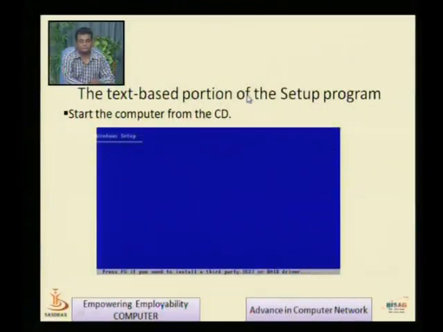In a SCSI disk, a number of concurrent data can be saved and there is no problem of hard disk crash. So different SCSI disks have different drivers available, and for that we require a SCSI type of driver. So here if we press F6, I am rotating my mouse on this point, that is, press F6 if you need to install the third party SCSI driver. If you have one, you can press F6 and install that driver, but if you don't have one, you need not do anything.